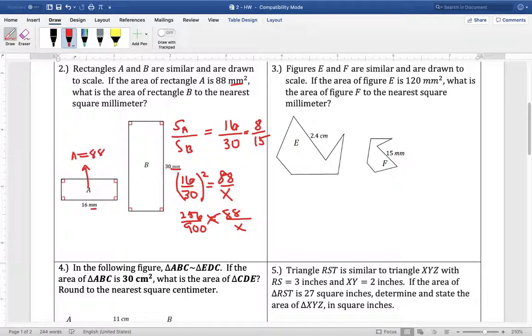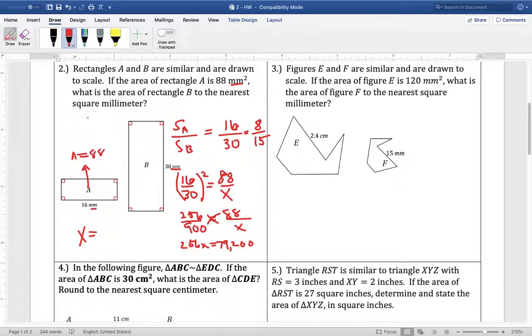When we cross multiply, we're going to get some big numbers, of course. We have 88 times 900. That's 79,200. And when we multiply 256 times x, we just get 256x. And then we divide by 256, we get 309.375. So x is equal to